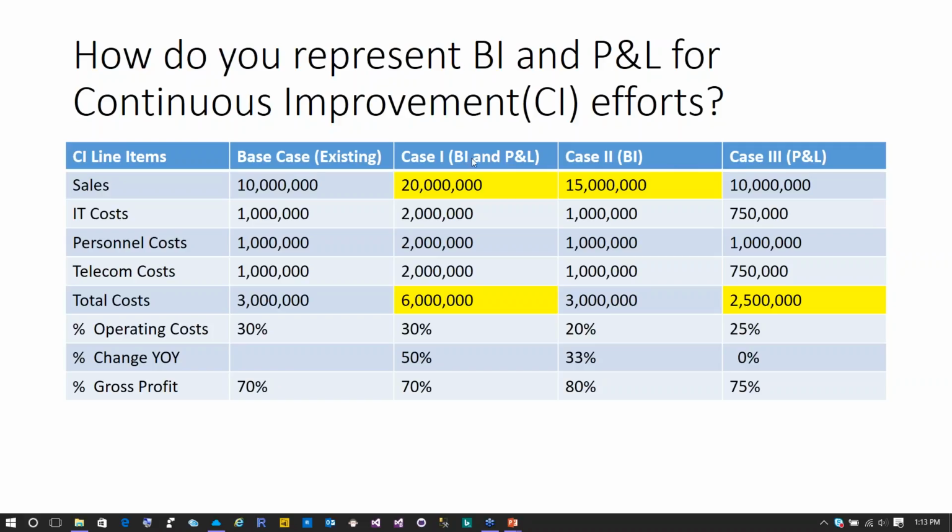Now, each of these situations, as you notice here at the top, one has business impact and PNL. One has business impact. One has PNL. The discussion that the customer will choose is based solely on their business and the politics in their organization. Normally, multinationals will want the business impact and the PNL case one. And as you can see here, I've highlighted the two areas that you really need to get right when you're having these discussions.